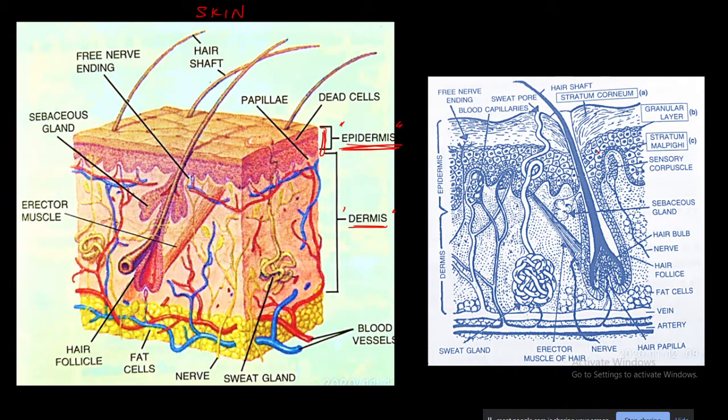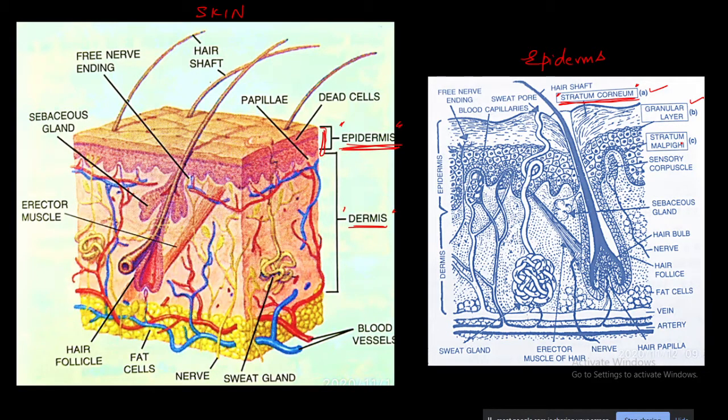So we saw in detail the structure of the epidermis in the previous class, in which we saw that the outermost layer is known as the stratum corneum. Okay, corneum, cornified tissue. That means it's more like a dead tissue. Fibrous and dead kind of tissue. That is the outermost tissue, stratum corneum. Below that is the granular layer. Then the third one is the stratum malpighi. The Malpighian layer is also known as the germinative layer.